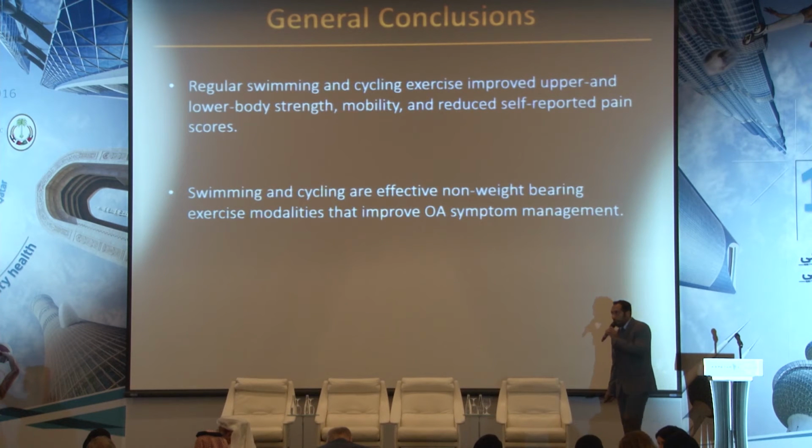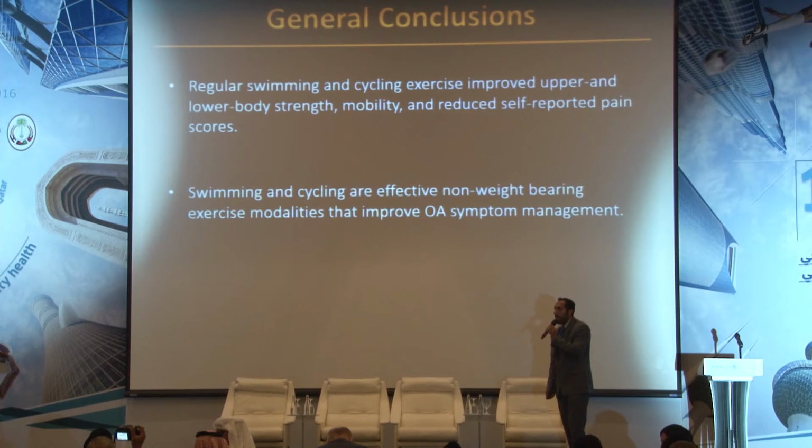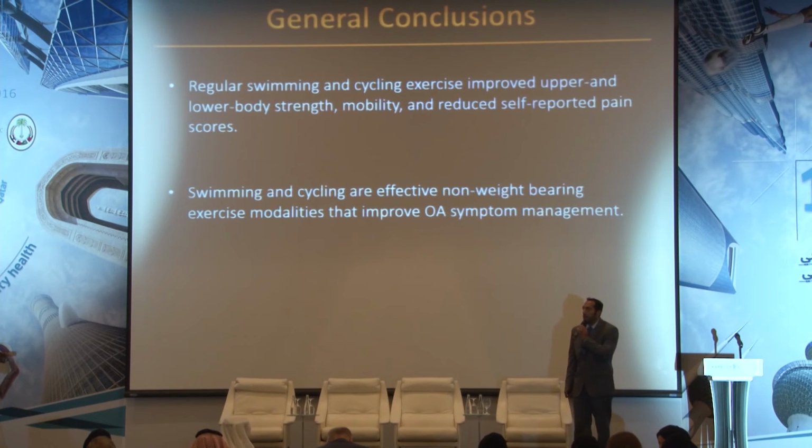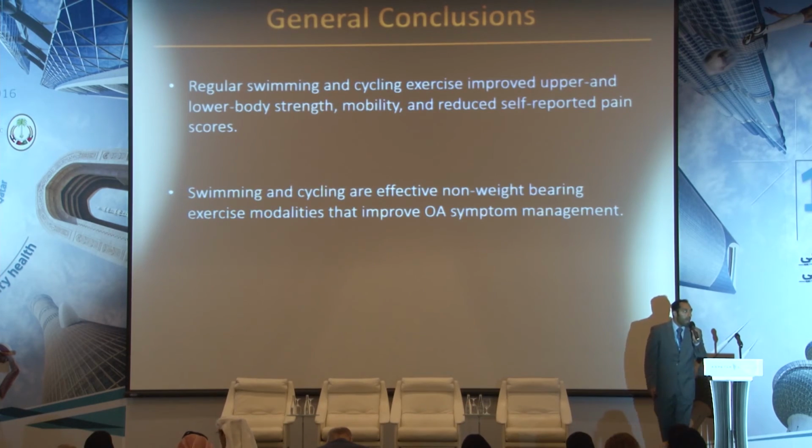For the general conclusion, I could say that regular swimming and cycling exercise improve upper and lower body strength and mobility, and reduce self-reported pain scores. Swimming and cycling are effective non-weight-bearing exercises